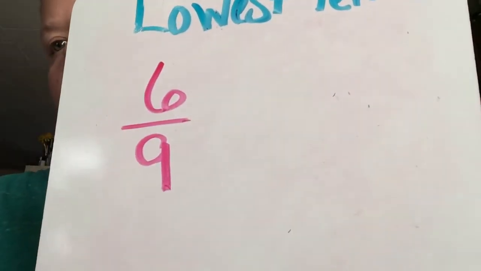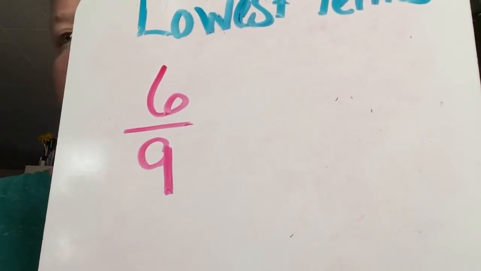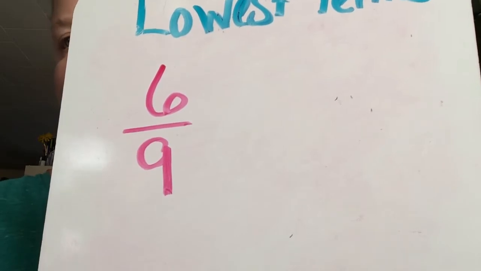So if I have 6/9, I'm going to say, oh, well, 6 and 9 are both divisible by 3, which means I can make those smaller. I can make an equivalent fraction by dividing the numerator and the denominator. So if I divide both of these by 3,